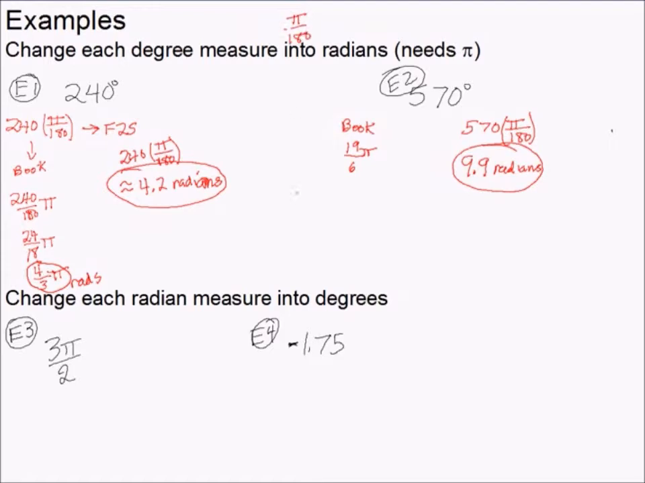Over here, we want each radian measured into degrees. So that means that we don't want radians. So we want 180 over pi. Now, the book way